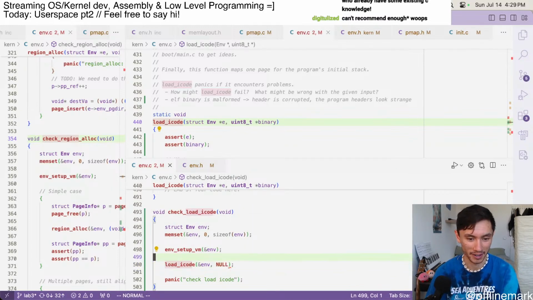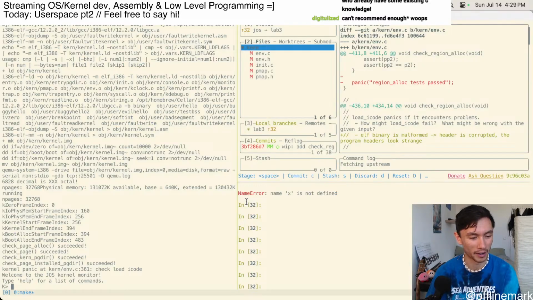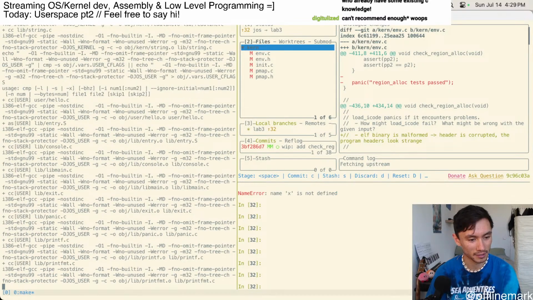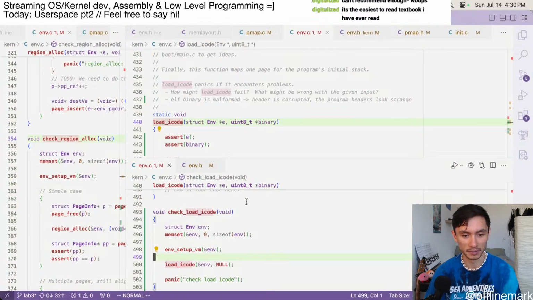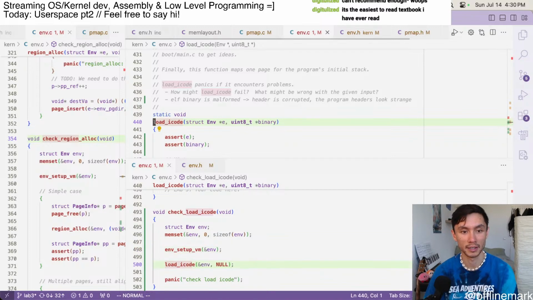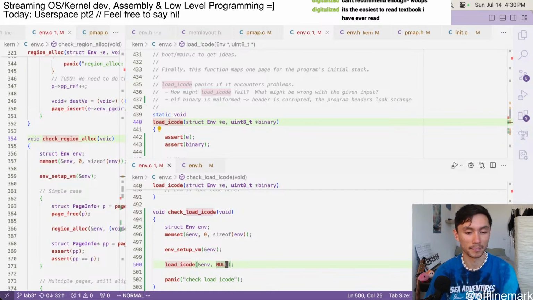This is going to crash or whatever because I'm passing in a null pointer, but I wonder if this, yeah, assertion failed binary. So good. So now we have our little test harness for actually trying to run some of this stuff. And my next question is basically, where can I get the elf